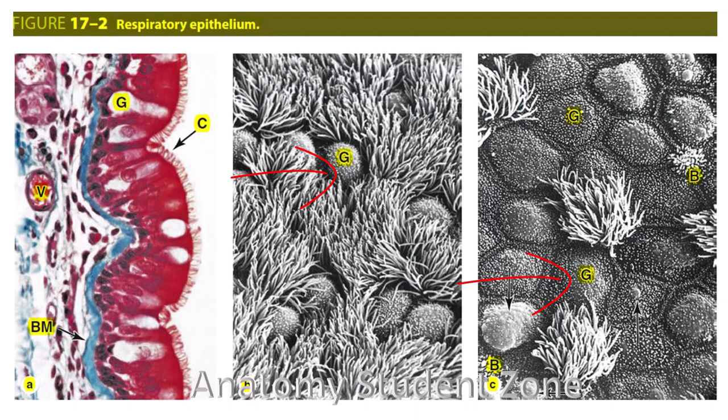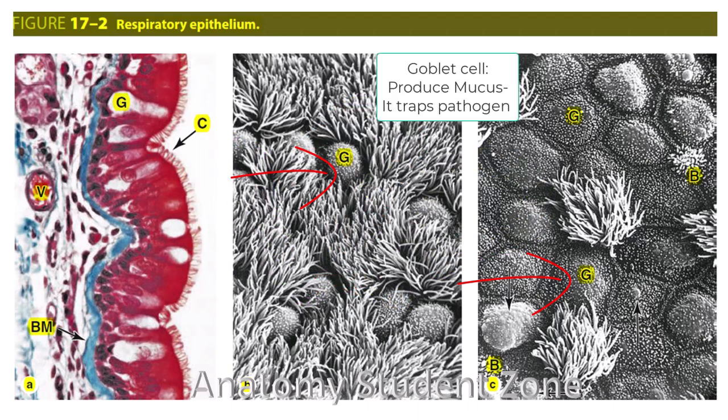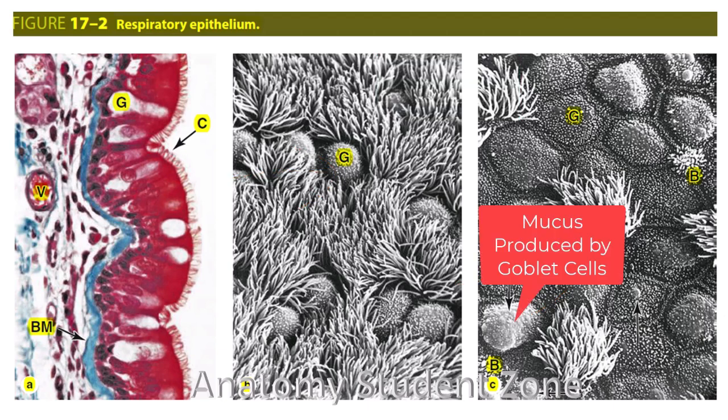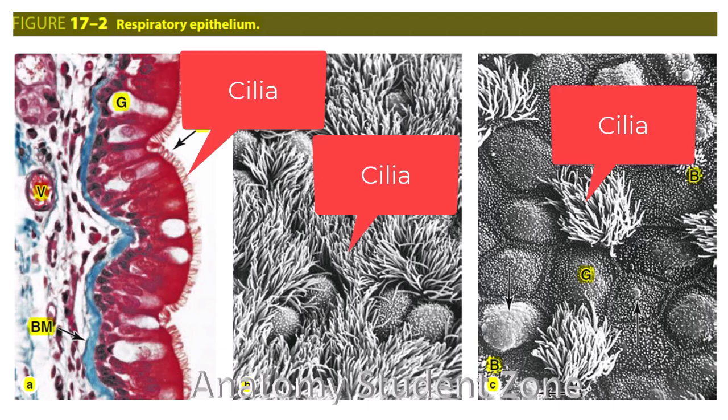So mucus production, how is this respiratory epithelium going to do it? It's all its histology that I have already covered, and it does it by means of goblet cells. Goblet cells secrete mucus, and you know mucus is a thick sticky substance. It traps dust particles, especially the pathogens present in those dust particles. The second function of this epithelium is mucociliary clearance. As the name indicates, mucus along with cilia functions together. And why does it function? Because the cilia move, and the movement of these cilia clears the mucus.